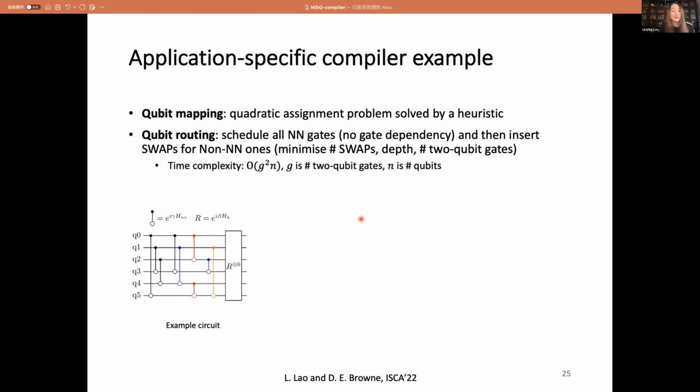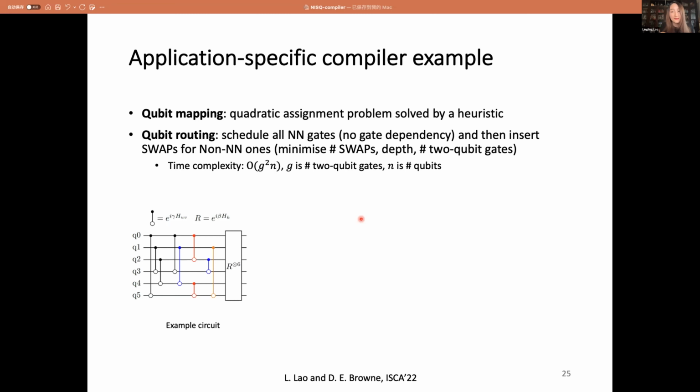So as I have mentioned many times, the general purpose compiler always respects the gate dependency appearing in the input circuit. But for the 2-qubit Hamiltonian simulation algorithms, all the terms could be reordered.